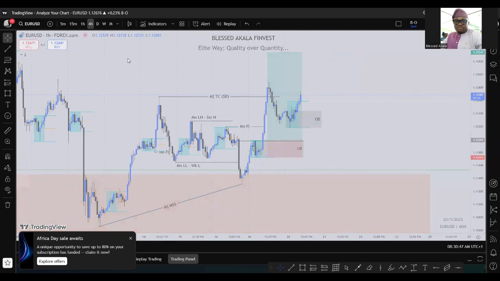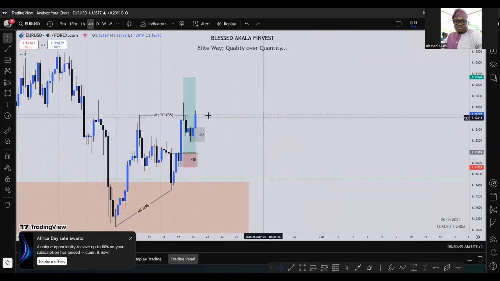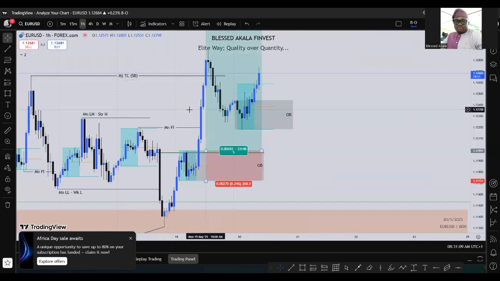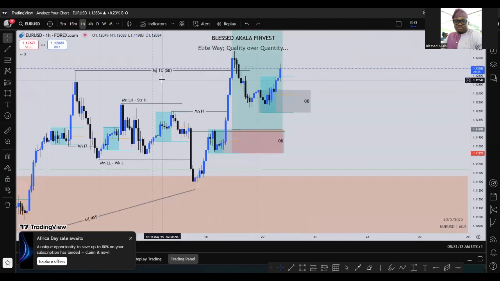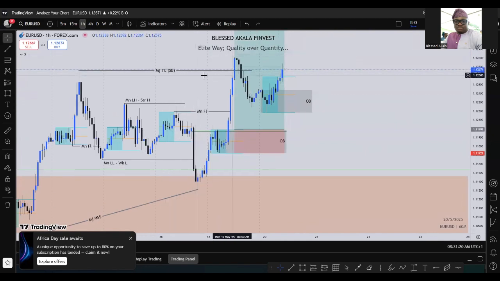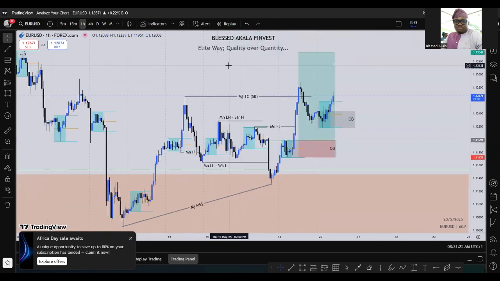But what I noticed is the fact that it did not close above it. Then from what we can see here now, our major TC or structure break did not eventually hold. So we see liquidity being touched above it and coming down. But on 1 hour, we see the fact that it's closed above it. We can be determining major structure break with 1 hour structure here.